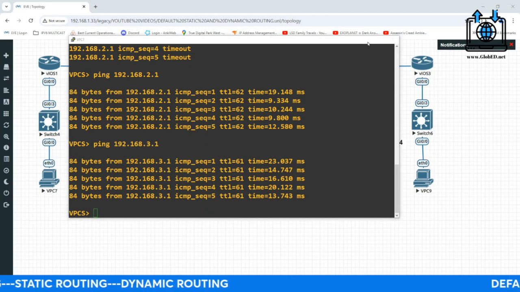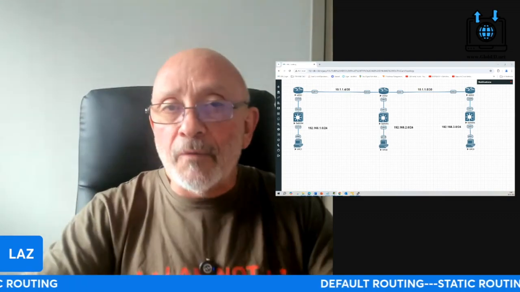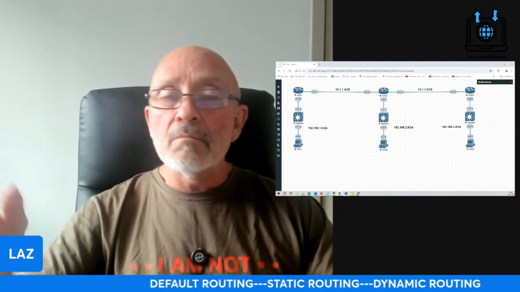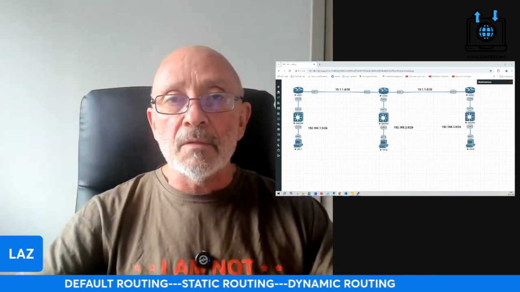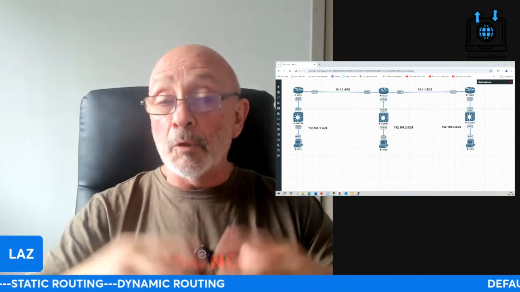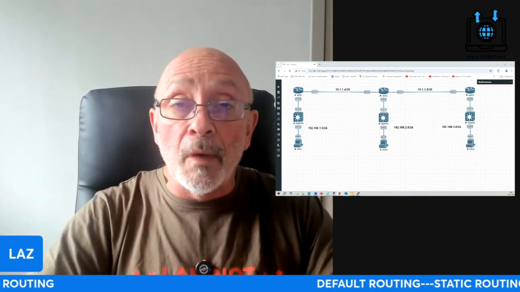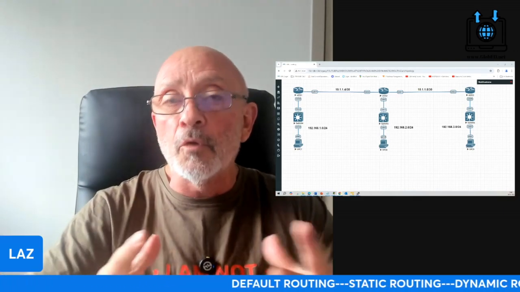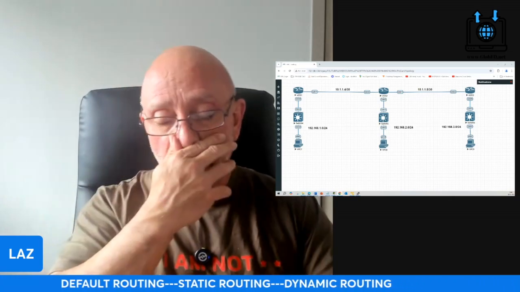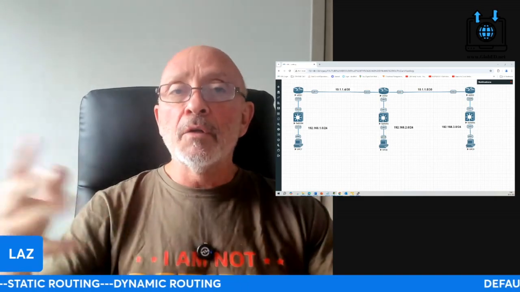Now, static routing is fine for small networks. Yeah, you can do default routes. You don't have to create static routes on those edge routers. And then on every router that has multiple ways out, you will create a static route. Static routes are also a good way to control your traffic, right? You have full control over it, and it doesn't burn your router or take up your bandwidth. But now you're getting complex. Now you're scaling up on your network.